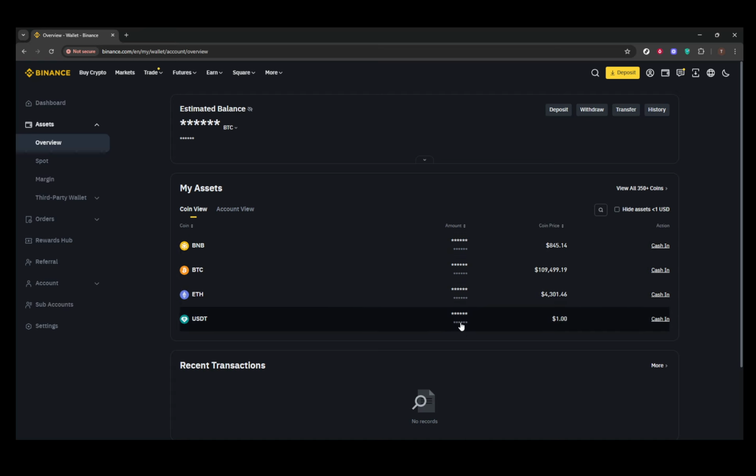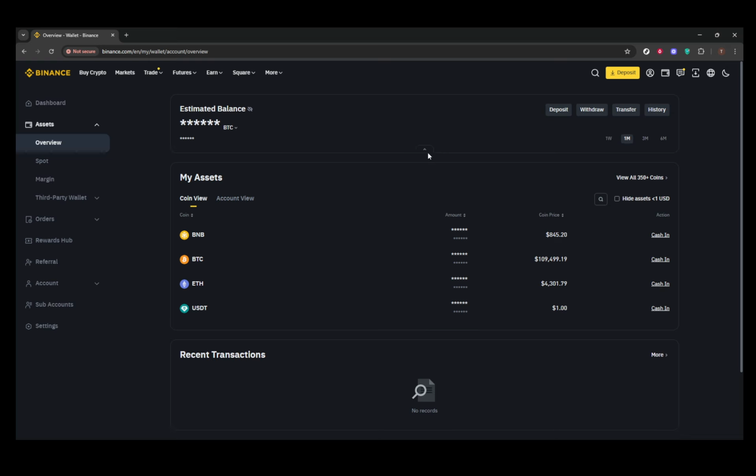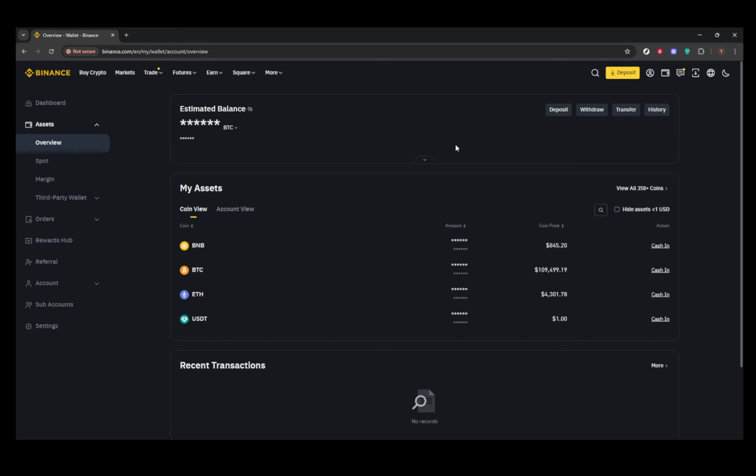This is particularly useful if you're sharing your screen or accessing your account in a public setting and want to maintain your privacy. By clicking this eye icon once, you hide your balance, and by clicking it again, you reveal it. It's worth noting that this toggle feature does not affect any transactions or trading. It merely changes the display of your balance for privacy on your interface. This functionality can be very reassuring, knowing that you can control who gets to see your financial details at the